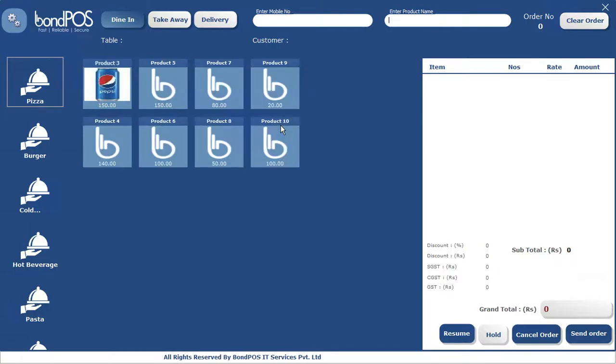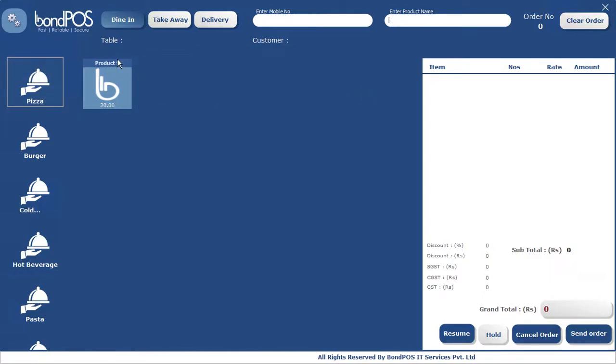So all the products, they have PRO. Or if you do just 9, because PRO product space 9, you do just 9 and enter. So only the product which has a number 9 on it will show up here. Okay, so you can do easy product search from here, and you can do easy